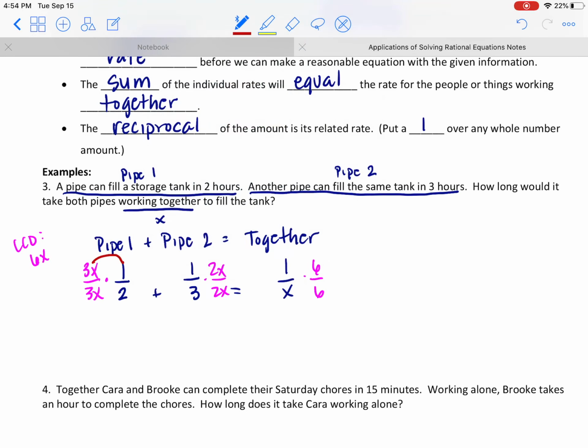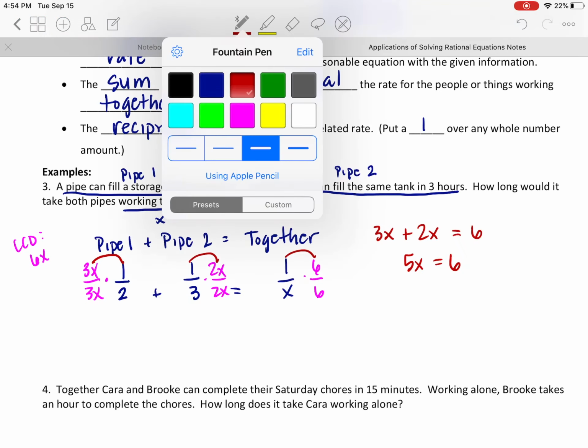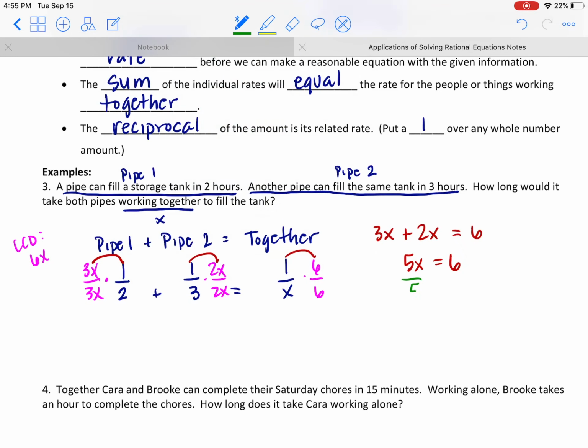So the numerator here, which is 3x, and the numerator here, which is 2x, equal to the numerator here, which is just 6. So we have 5x altogether equal to 6. And if we divide both sides by 5, that cancels. X equals